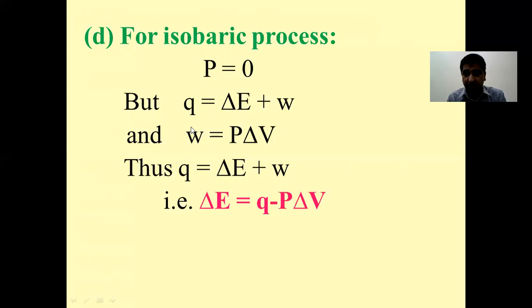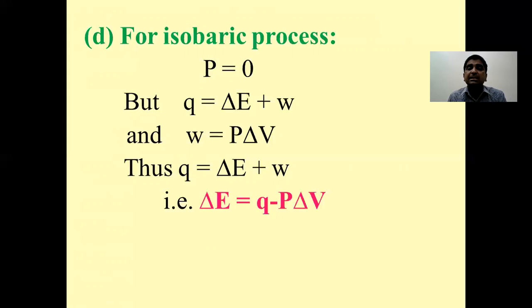So isobaric process is a process in which pressure is remaining constant. But here, according to the first law of thermodynamics, Q is equal to delta E plus W, and W is equal to P delta V. We know the one form. And here, therefore, we can write simply Q is equal to delta E plus W, or delta E is equal to Q minus P delta V. So this is a simple form where we have just brought this term from one side to the other side of that mathematical equation. So here the first law of thermodynamics is over.